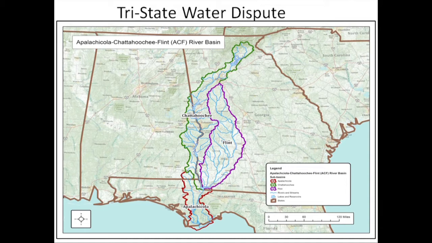On the other hand, the whole riverine system is also dependent upon releases from Lake Lanier in order to maintain navigation down at the mouth of the river, to maintain the appropriate salinity gradient for Apalachicola oysters, which are famous around the world, in order to maintain supply for power plants that are located along the Chattahoochee, and to maintain certain levels of water quality, given that here in Atlanta, all of our wastewater, or most of it, discharges into the Chattahoochee River. And if you don't have enough minimum flow coming down, then you create a water quality problem as a result of those discharges.